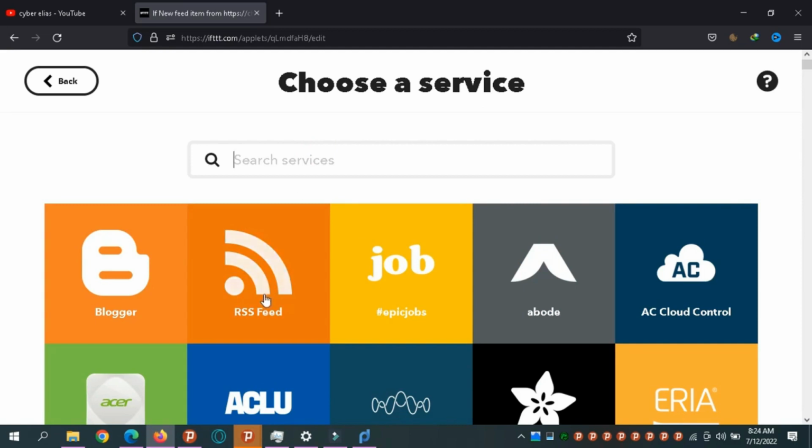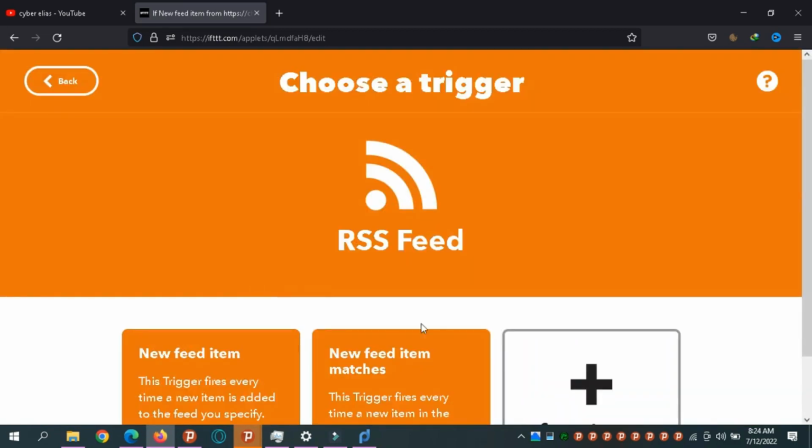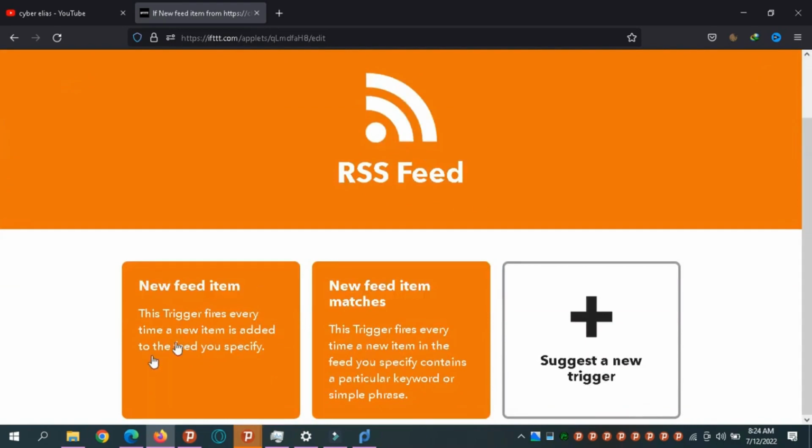We want to get a feed. So this is RSS feed. Just click it here. It says if any new feed item here, generally anything to post about. But if you want it to be about a particular thing, it matches it. So this trigger fires every time a new item in the feed you specify contains a particular keyword. Maybe you're looking for your blogs about movies alone, and you want to get it from Net Ninja each time they post. Now, what it does is you say series or movie,